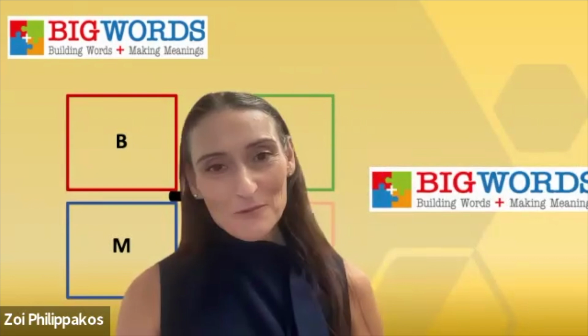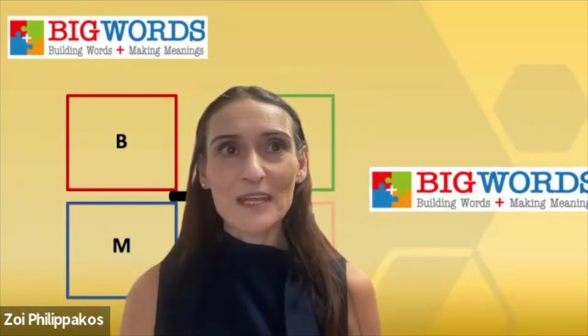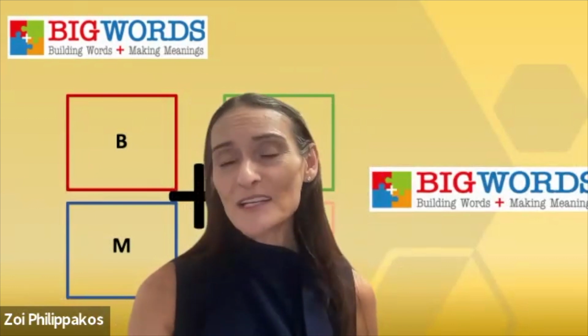What is a root and what is a base word? That may be something that you have been wondering, or terms that you have heard and you cannot really tell what they mean or what may be their difference. So a root is a morpheme and it carries meaning. Some root words can exist on their own, but in most cases, they are not independent.